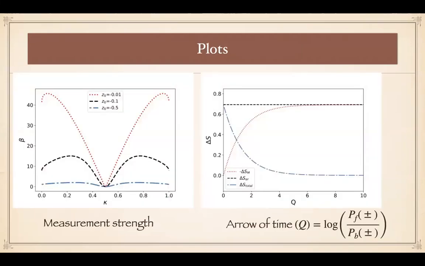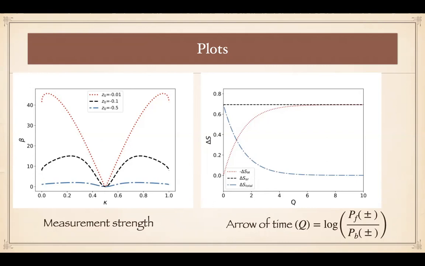And what we do is that we plot the coefficient of performance as a function of measurement strength kappa. And if you remember, kappa equals 0.5 means no measurement at all. Kappa equals 0 and 1 means a strong measurement. And we see that the coefficient of performance shows a maximum as a function of measurement strength. So it's not like you do a projective measurement and you get the best possible heat extraction. That's not the case. There is a sweet spot where you get the best performing machine, a better refrigerator, when you compare with measurement strength.